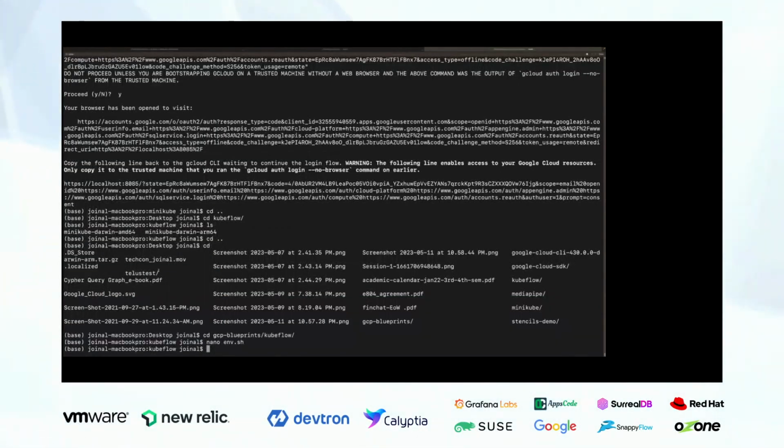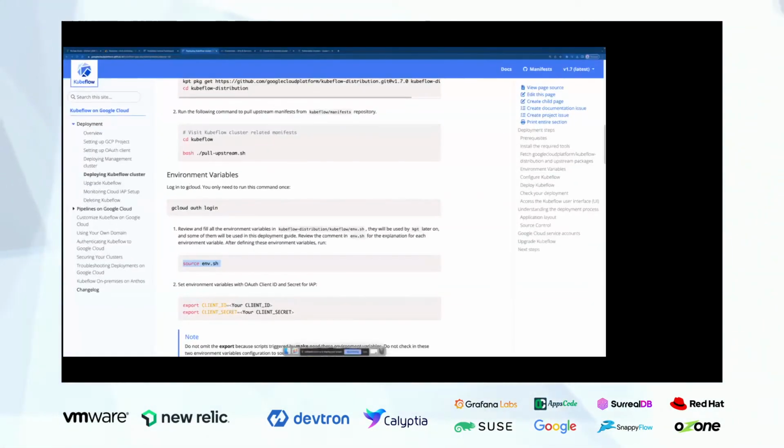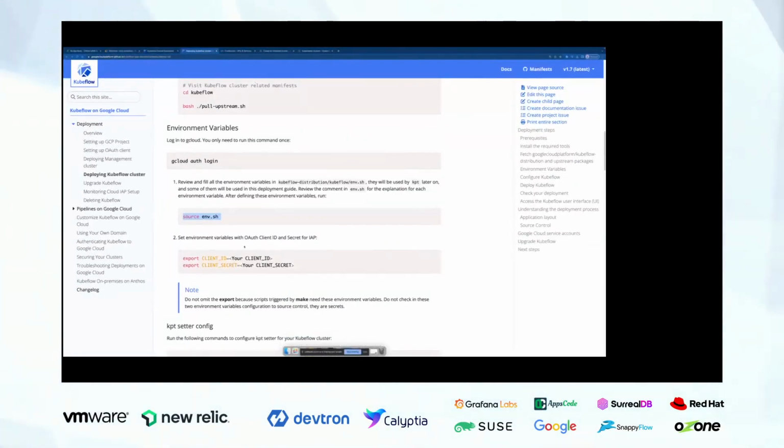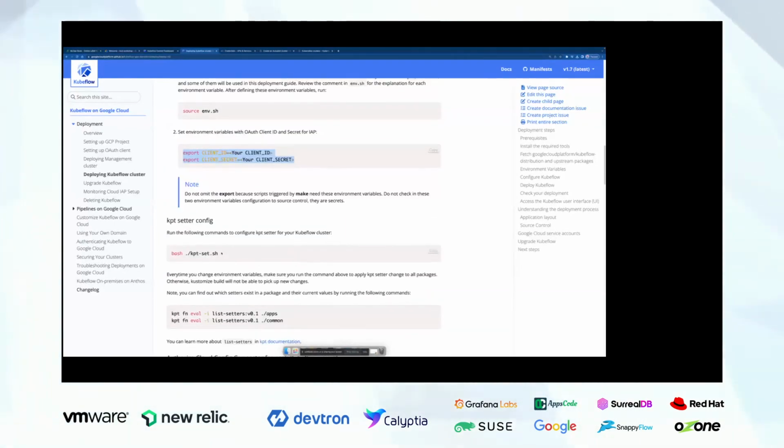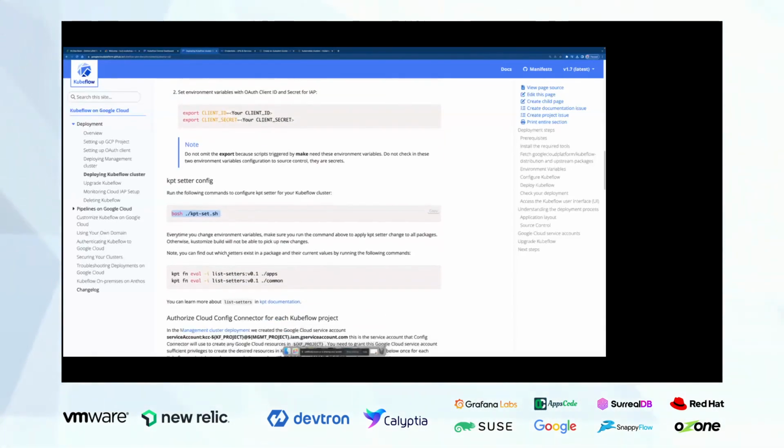Once you do that, you go ahead and remember the client ID and secret keys that we generated earlier. You create environment variables that store them, and you apply this environment file. This script has all of the steps to provision your Kubeflow deployment and all the pods, make sure that all the pods are communicating with each other, and that your endpoints are available for you to start using.